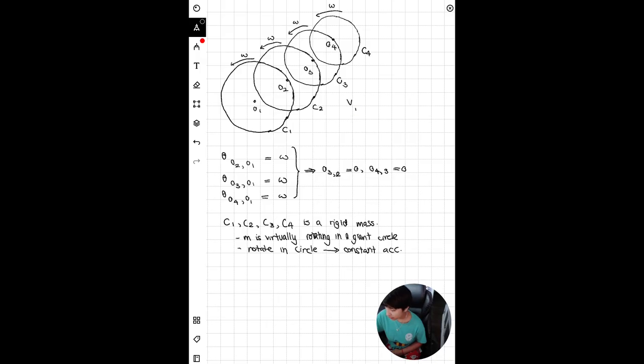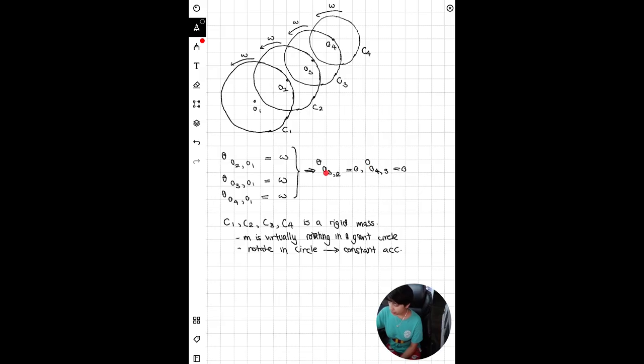Velocity of b with respect to a plus velocity of a with respect to L equals velocity of b with respect to L. This can also be applied in this problem, as this would imply that since omega of O2 with respect to O1 equals omega, and omega of O3 with respect to O1 equals omega, this means that